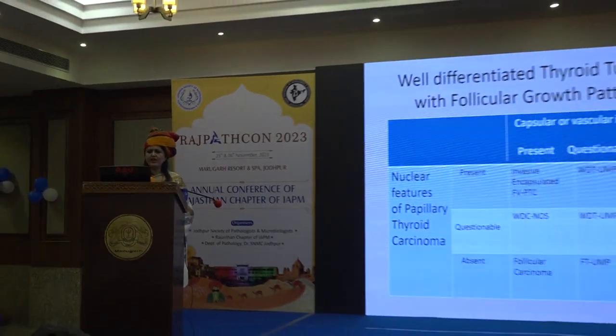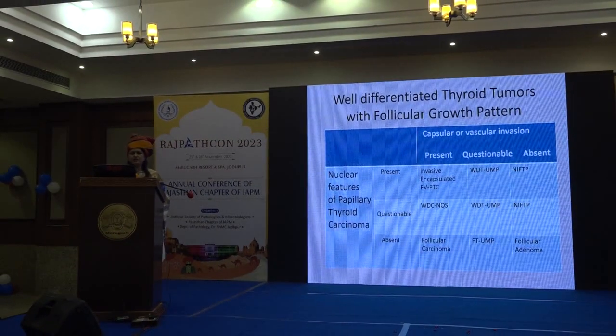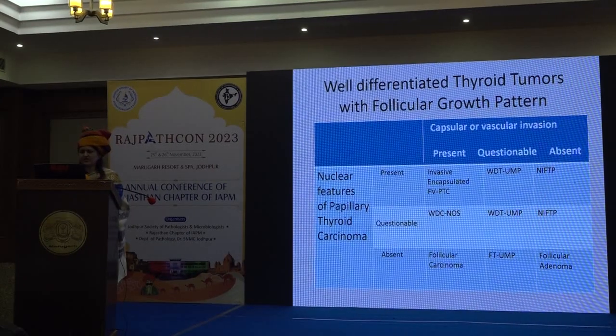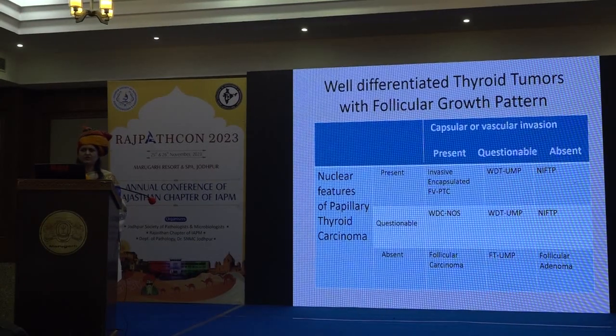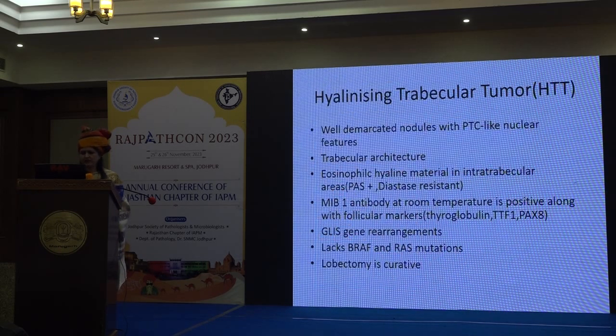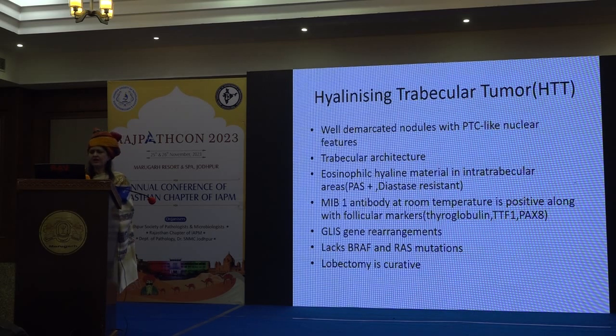And this chart from Ackerman very well explains when to call it a well differentiated tumor of uncertain malignant potential or a follicular tumor of uncertain malignant potential. It is given in your standard textbook of Ackerman, the latest edition. Coming to the hyalinizing trabecular tumor,